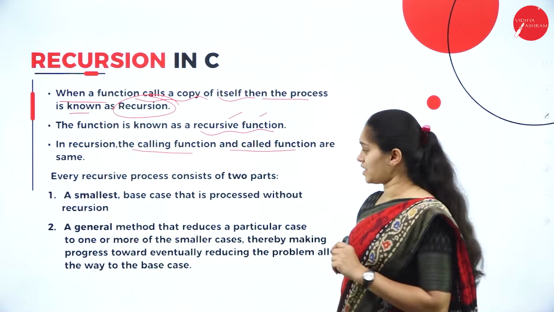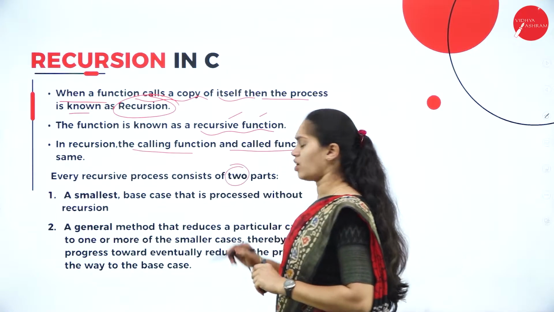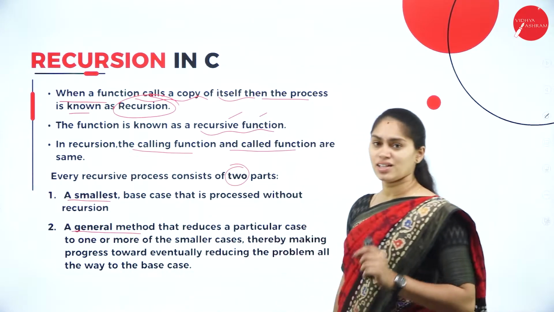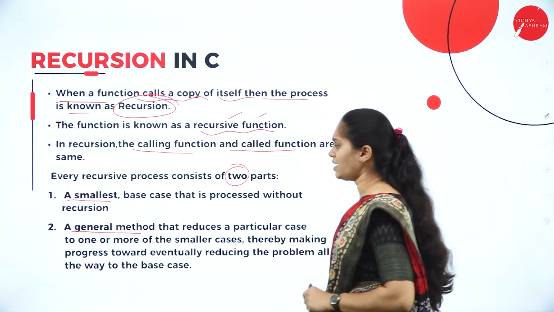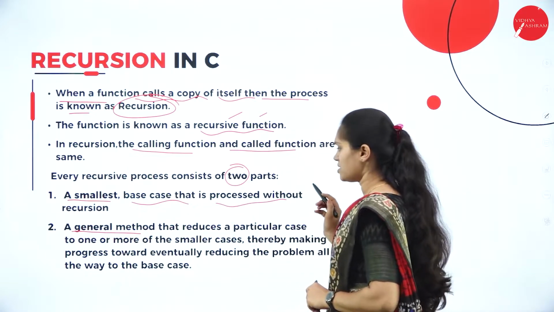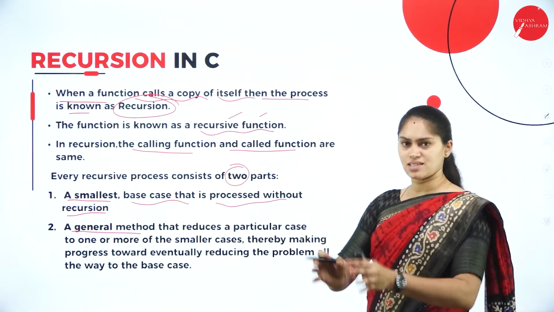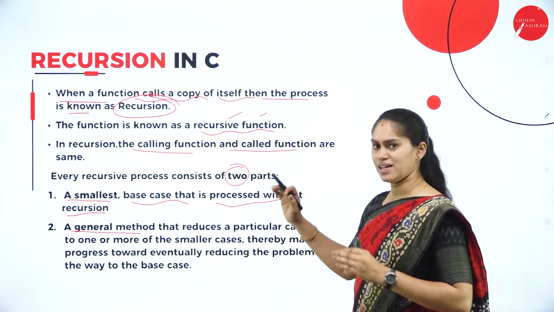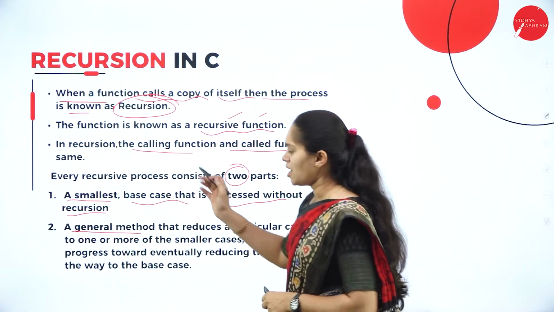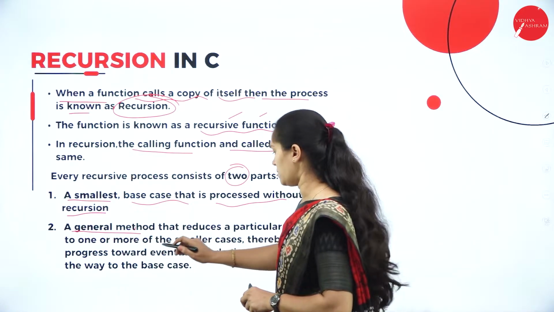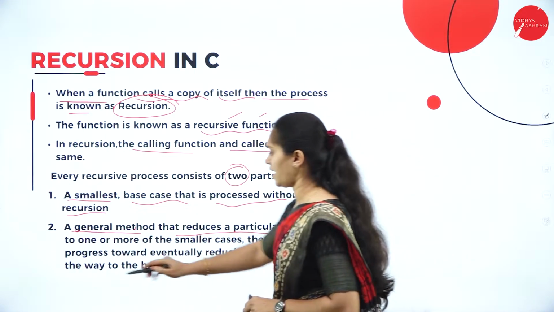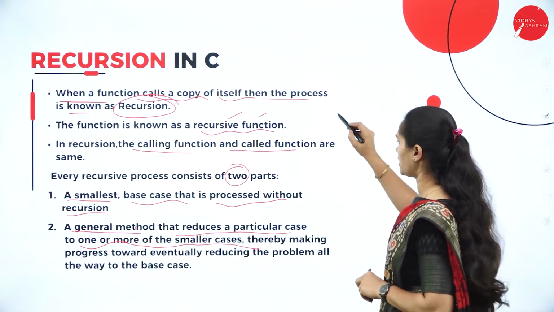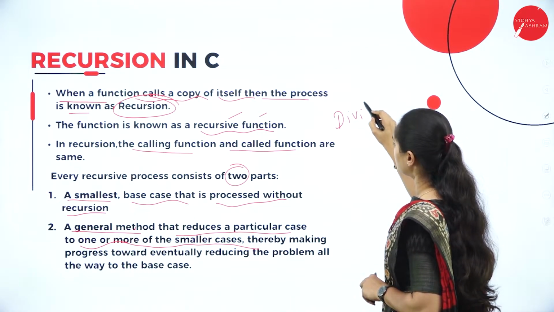And recursion will always have two parts. One is the smallest part, and another one is the general method. In the smallest part, there is always a base case that is processed without recursion. A certain statement will be executed, or it will take place without any recursion. But the general method reduces a particular case to one or more of the smaller cases. Mainly, recursion will work based on the